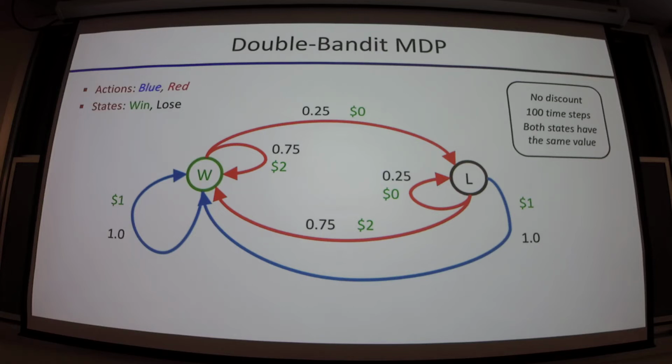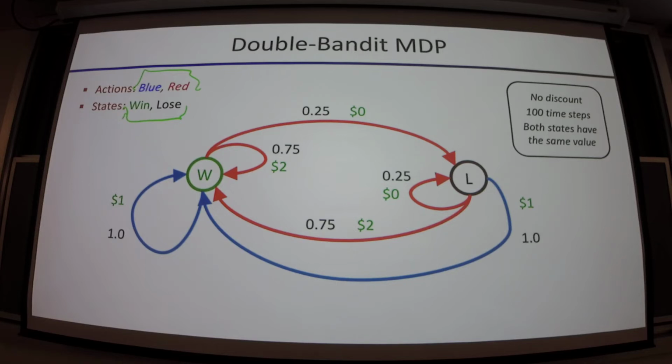All right, so we can define an MDP from this if we know that probability. And this is what that MDP might look like. It looks a little more complicated than you would think it would, but that's just because we have different rewards depending on if we win or lose, so we have to have different states depending on if we win or lose. Okay? But the idea here is that our states are we won or we lost. Our actions are pull the blue lever or pull the red lever. I'm sure there's some matrix analog here, but I haven't figured that out.